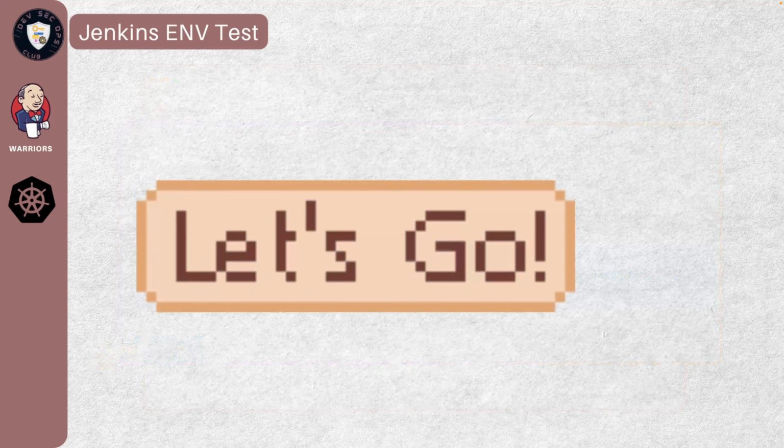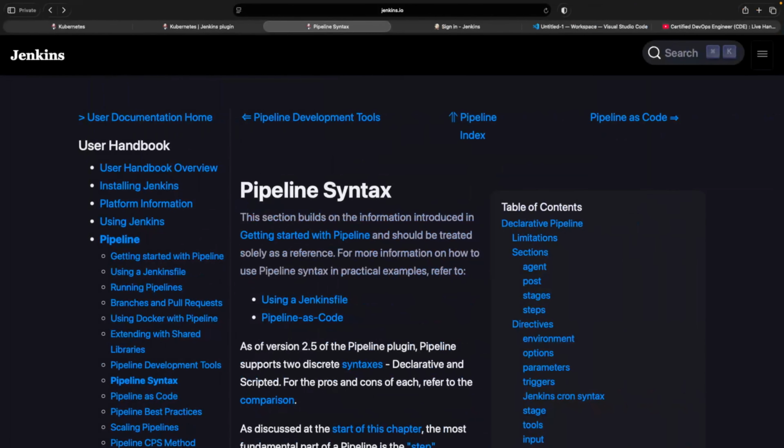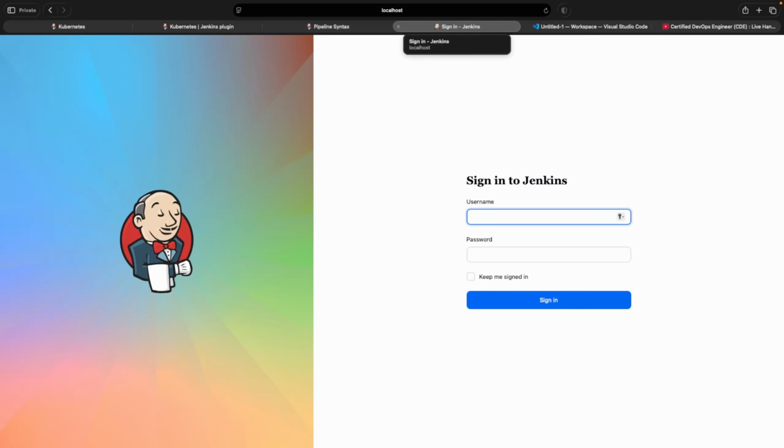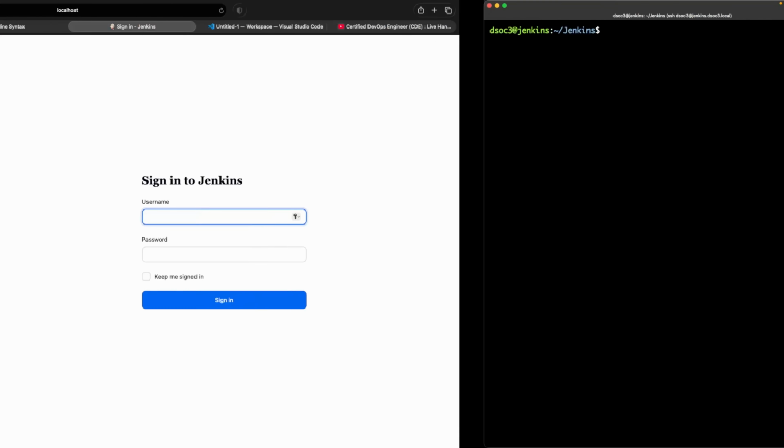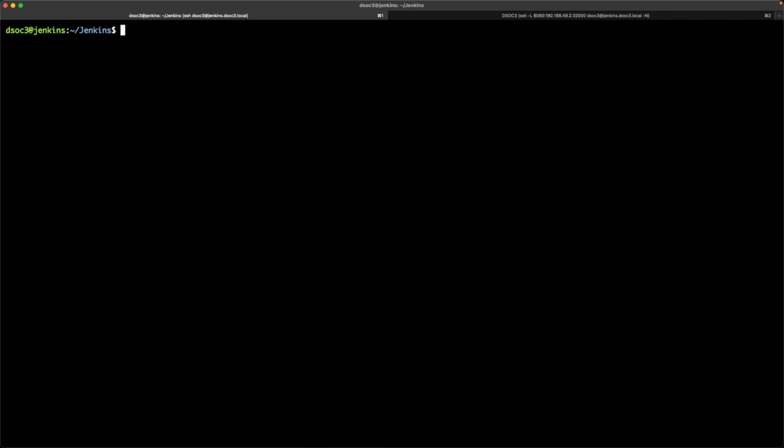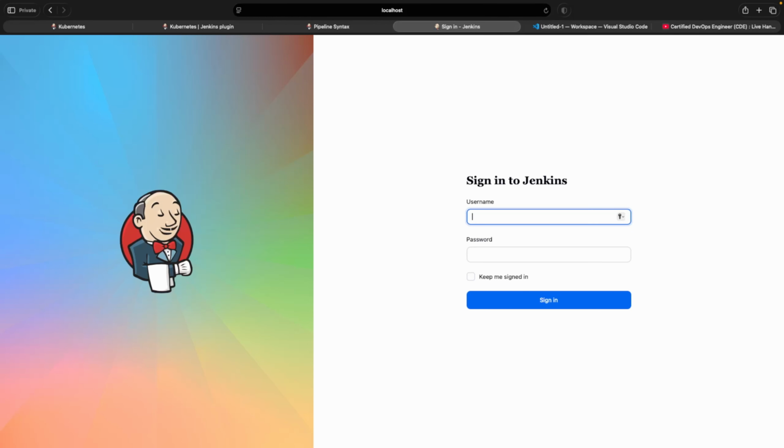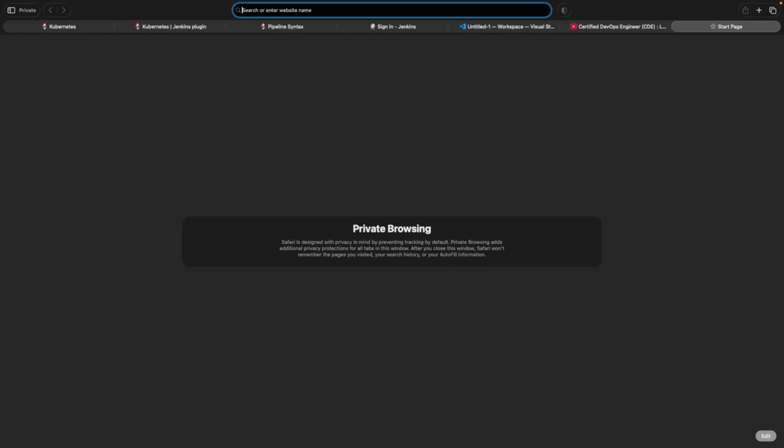So let's go ahead and switch to the UI, and we will switch back to the presentation later. So let's go back and switch to Jenkins UI. Before that, I would like to show you something over here. In this repository, okay, this is the repository, which is already over here,